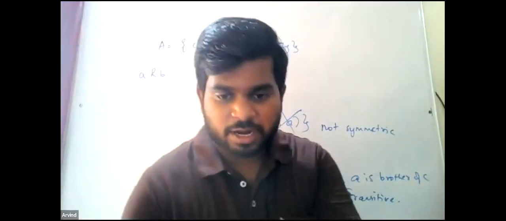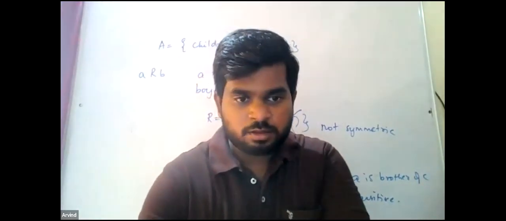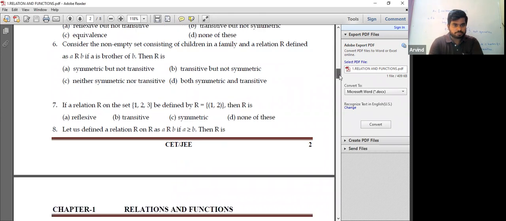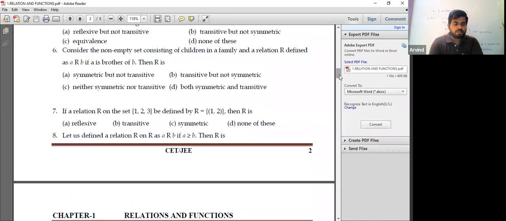So let's see which is the correct option. The correct option is option B, transitive but not symmetric. Okay. Let's go to the next one. Seventh one, you should only tell me. If a relation R on the set 1, 2, 3 is defined by